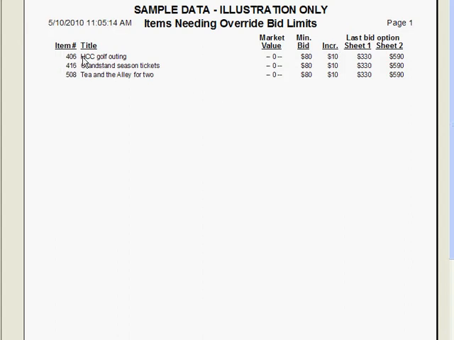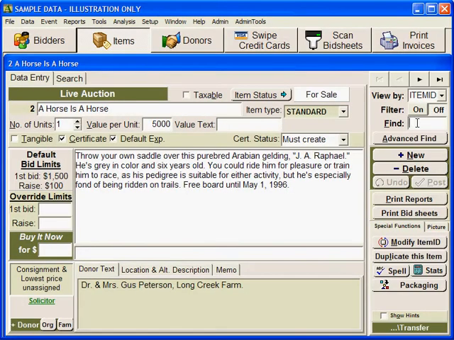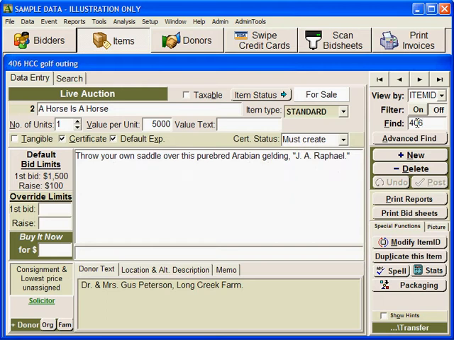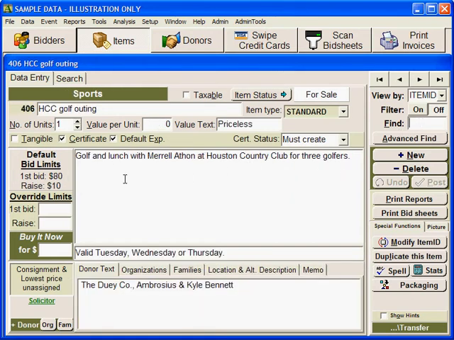So we're going to go to a couple of them, so 406 and 416. So we're going to go item 406, hit enter. That will take me to the item, and as you can see, the value per unit is 0. This is a priceless item, so you probably do not want to start this at 80. So what you most likely want to do in this case is write an overridden amount. So instead of $80, let's say we want to start this at 200, and we want to change the increments to 20. Okay,